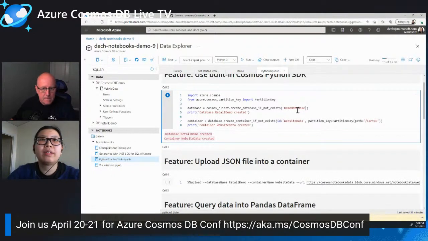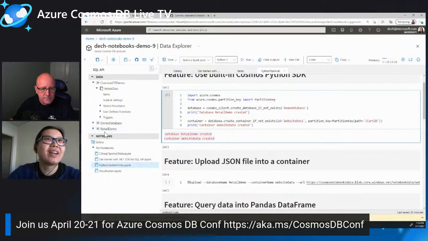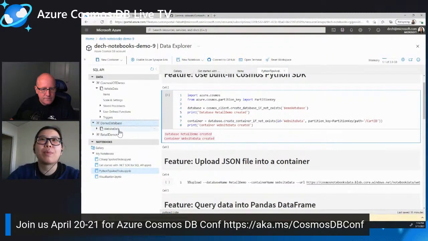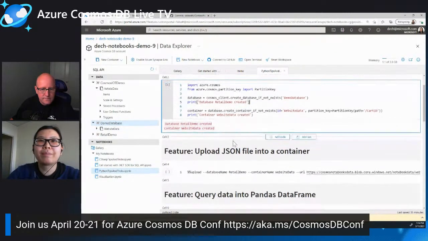Run it, so it's created the... I didn't change the print message, but if we look here, refresh, and here's a brand new database with this website data. From here,